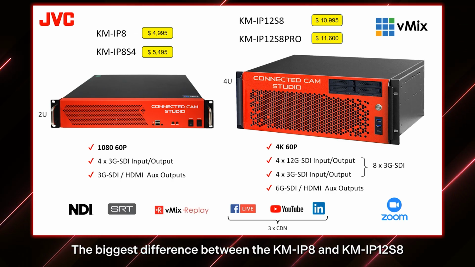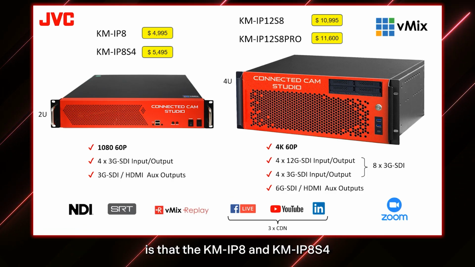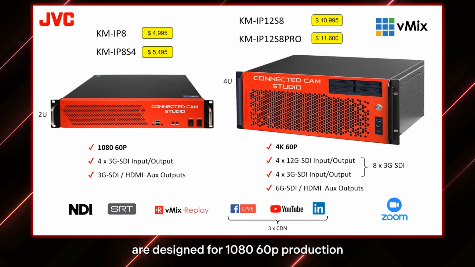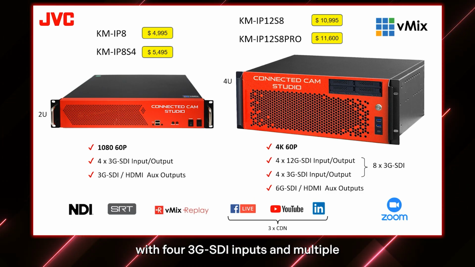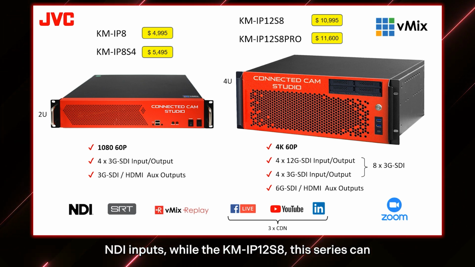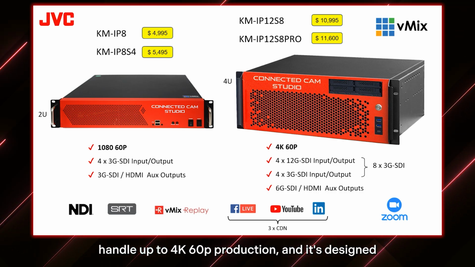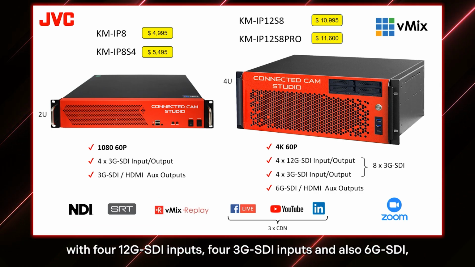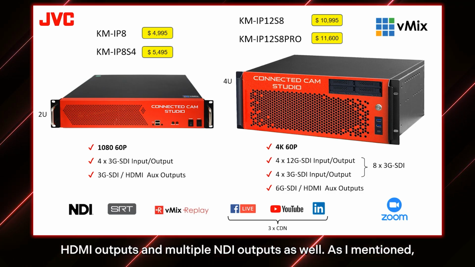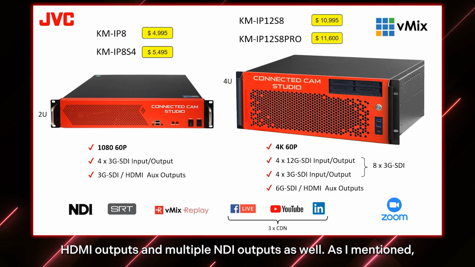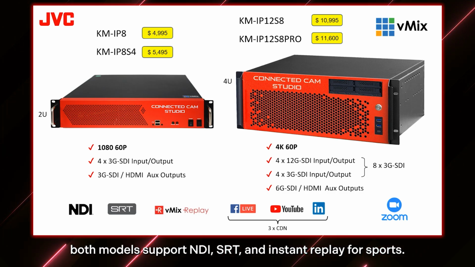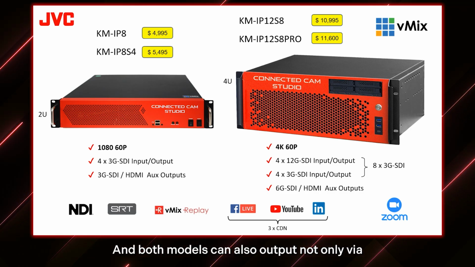The biggest difference between KMIP8 and KMIP12 is that KMIP8 and KMIP8S4 are designed for 1080 60p production, with 4 3G SDI inputs and multiple NDI inputs, while KMIP12S8, this series can handle up to 4K 60p production, and it's designed with the 4 12G SDI inputs, 4 3G SDI inputs, and also 6G SDI and HDMI outputs, and multiple NDI outputs as well. As I mentioned, both models support NDI, SRT, instant replay for sports, and both models can